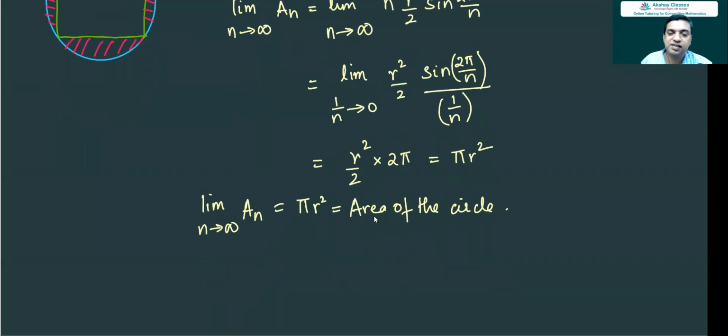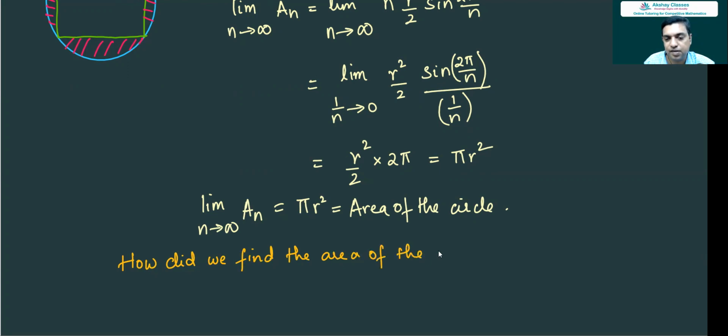So this is the area of the circle. How did we find the area of the circle? We added. All right. The question now: what is integration? So in this case, how did we find the area of the circle? Answer: we added